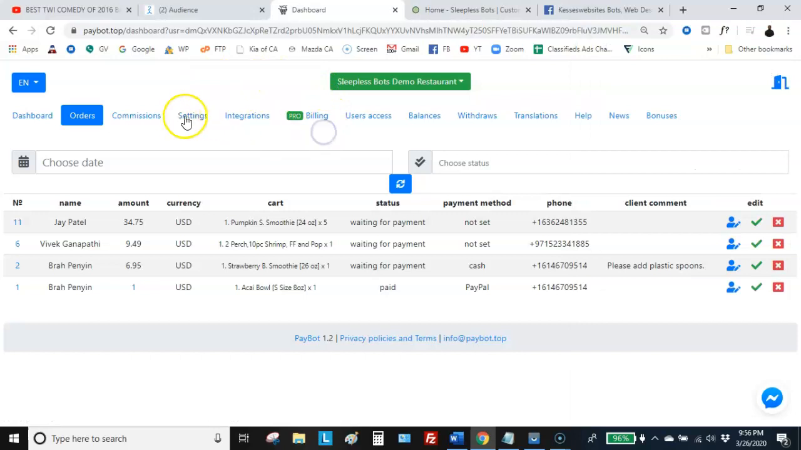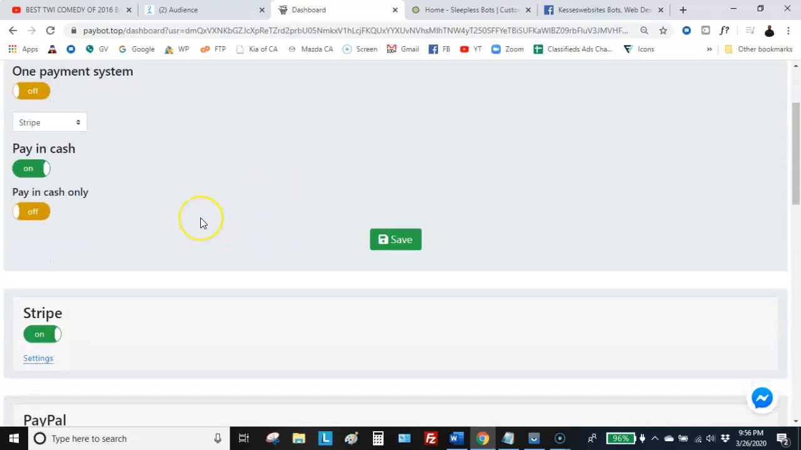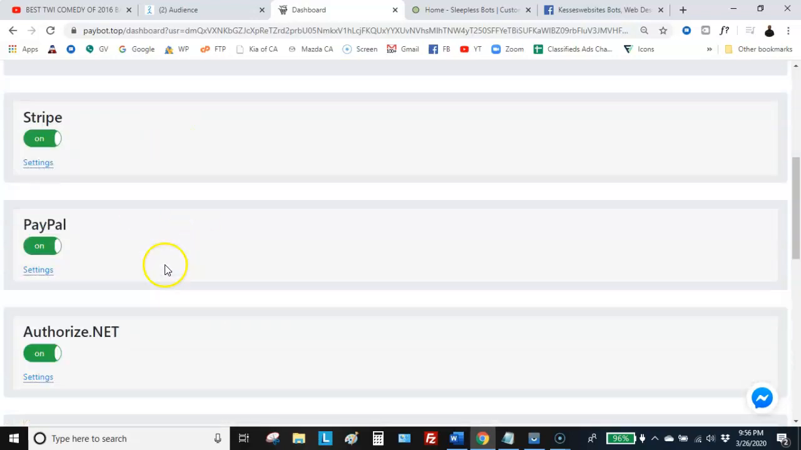PayBot. I'm assuming you already have a dashboard that looks like this. If not, just let me know and we will have something like this set up for you. Okay, so for the Authorize.net, we're going to go over to where it says integrations, and that's where we got the payment integrations